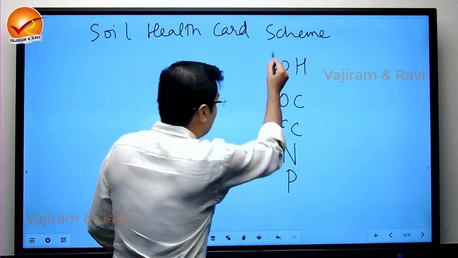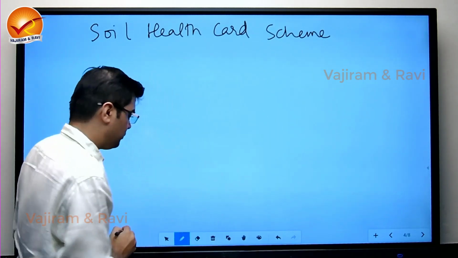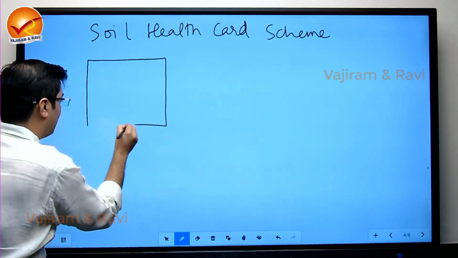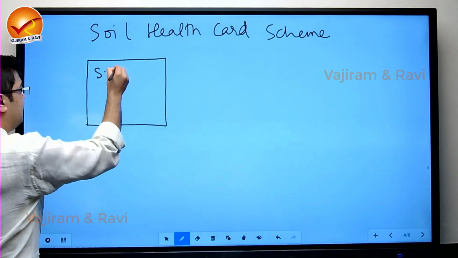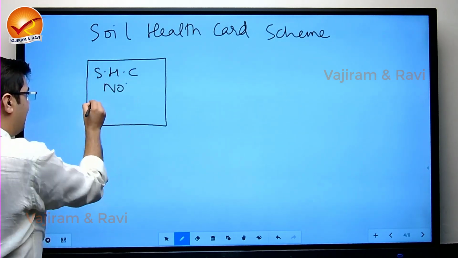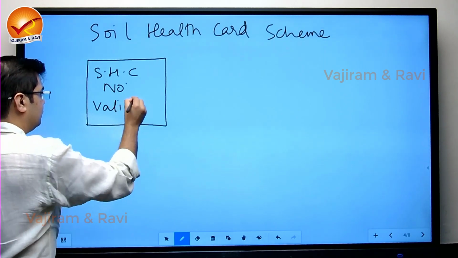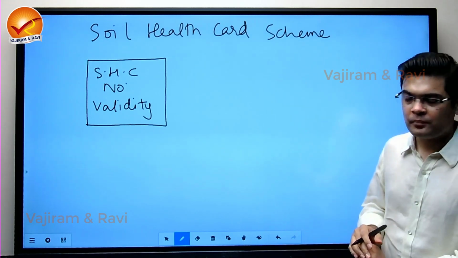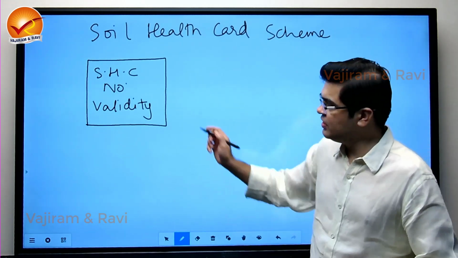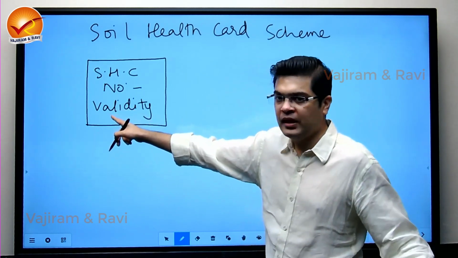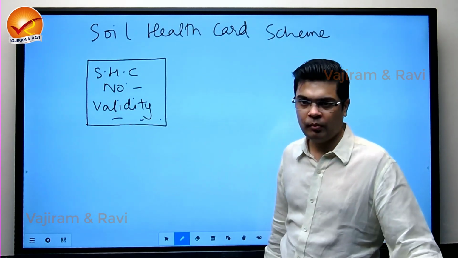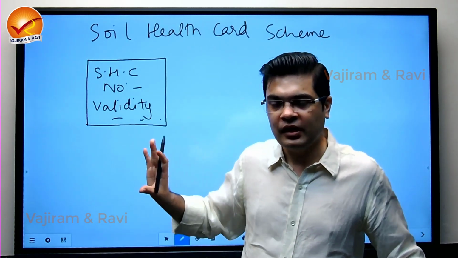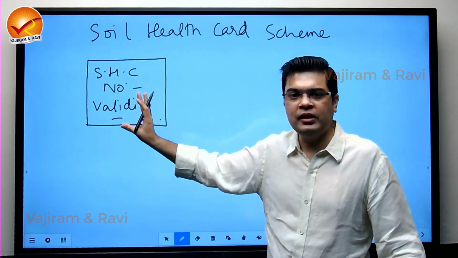Now this soil health card, and if you've seen that soil health card, it would have some pages. One is, it has information about the soil health card number and the validity. This is one page. What is the number of soil health card, and it is valid from this date to this date. Because with the cultivation of crops, with the usage of water, with the usage of fertilizers, the constituents or the properties of soil, they would also see a change.